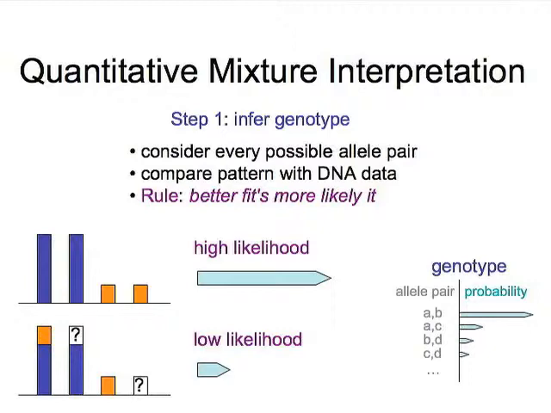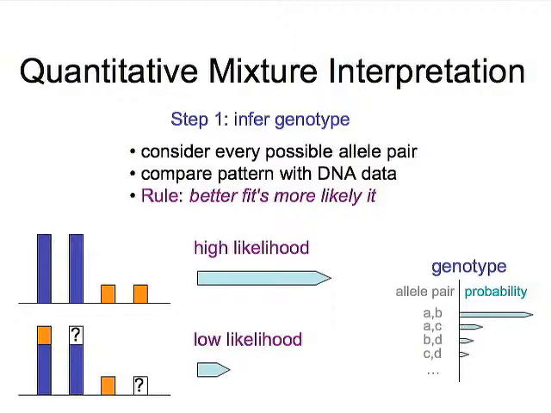So we want to infer a genotype. And to do it, using Bayes' rule, we have to consider every possible allele pair. That's required. If you don't consider everything, then the rule doesn't work. And then we compare what's predicted, the consequences, the pattern that comes out of assuming a certain genotype, with the data. That's science. And then the rule is the better the fit, the more likely it is. That's just the likelihood principle of statistical inference. So if you recall, this is what the data should look like if everything were perfect. Then if that's what we observe, when we make a prediction, so it matches the data, it has a high